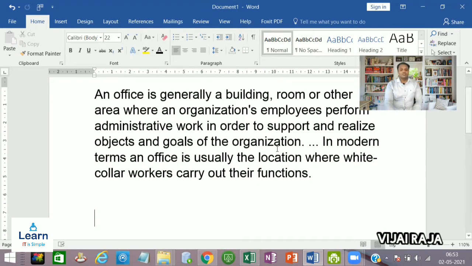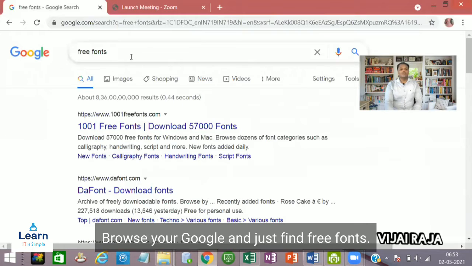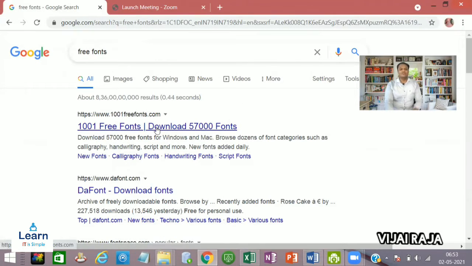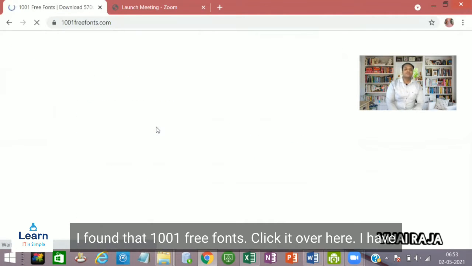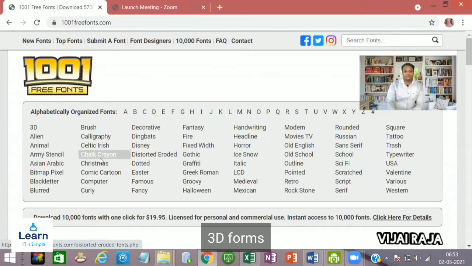Just browse in Google and search for free fonts. There are a lot of websites which provide them. See, I just found 1001 Free Fonts. When I click it, I have n number of fonts, including 3D fonts.